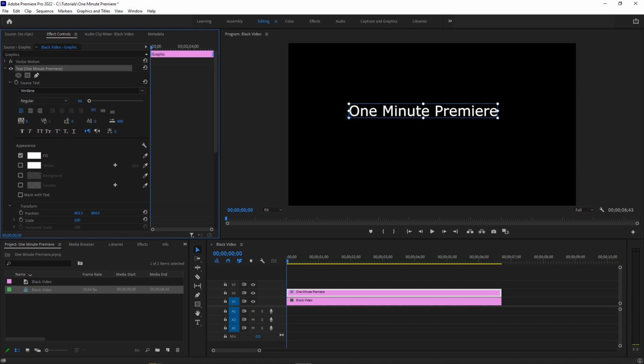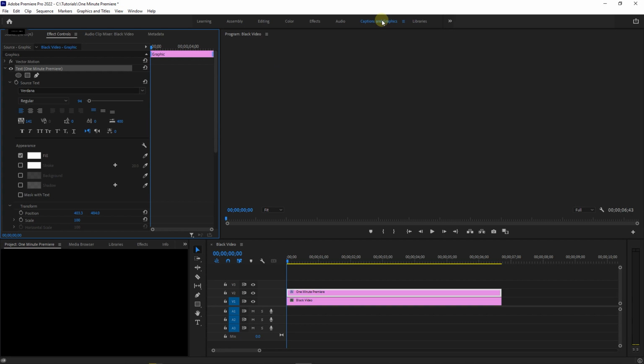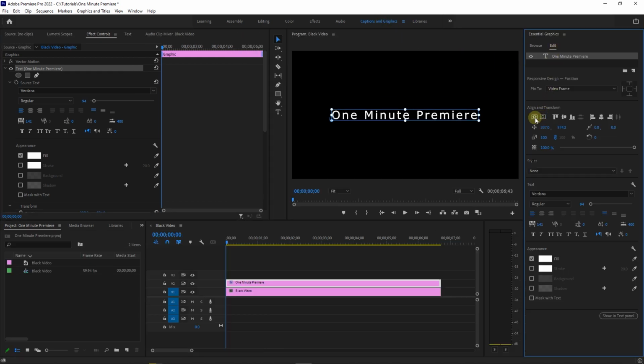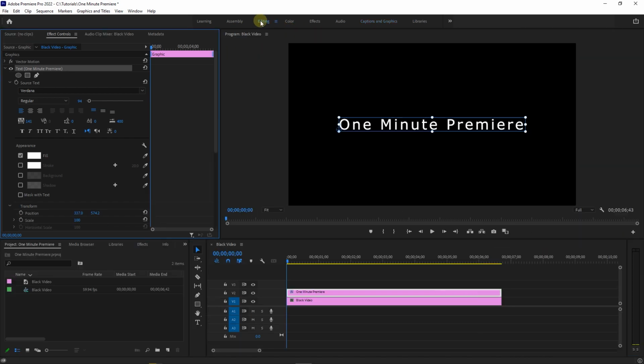Now drag this property to the right to increase the space between letters. Then go to Captions and Graphics tab, and in Essential Graphic panel, just click on these two buttons to align them vertically and horizontally. Now go back to Editing tab. Now move the playhead to the start